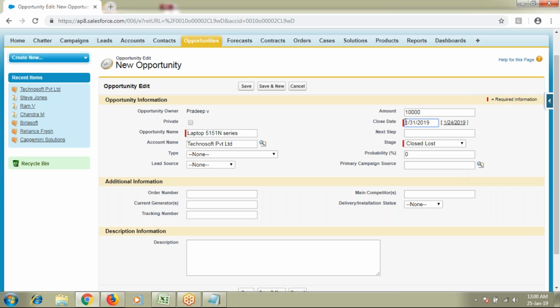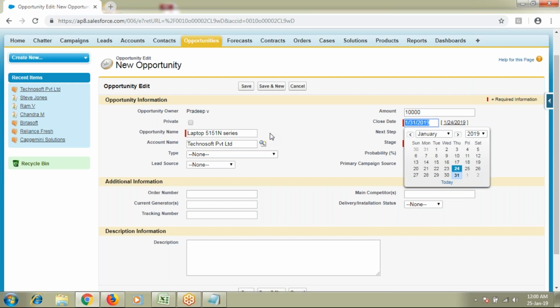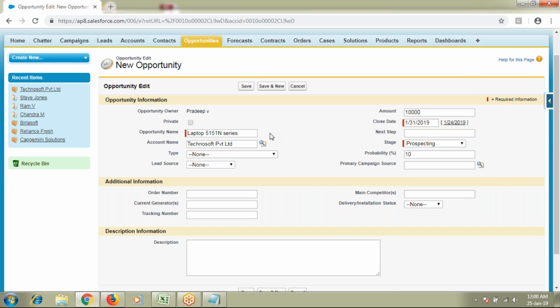So 31st will be my close date. So what does the close date mean? On or before 31st, I need to progress through all these stages and take it to closed won or closed lost. This is something where I'm keeping a deadline for myself. Within the next 1 week, I need to close this deal, successfully or lost. Okay, so that was something I did.